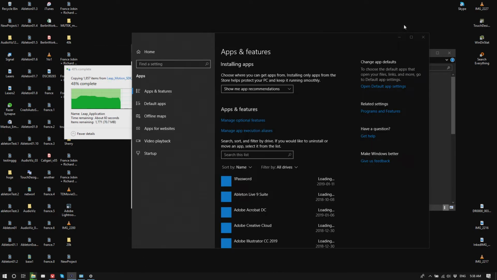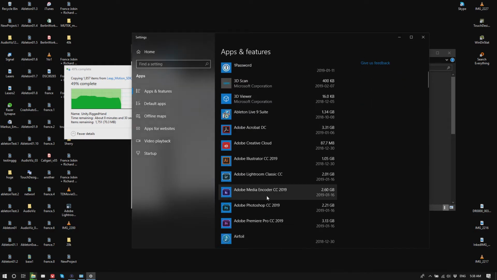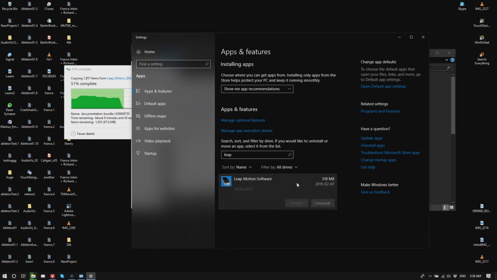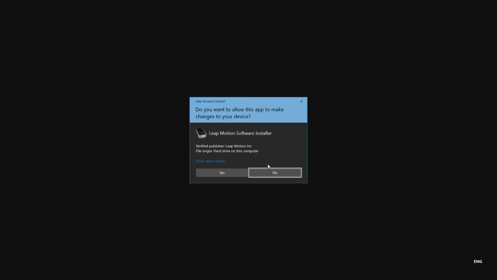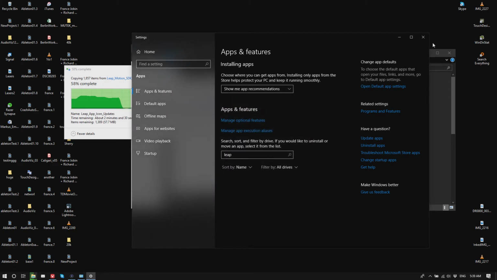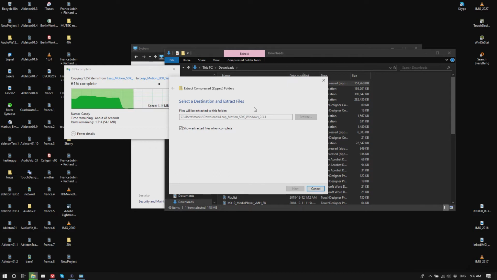The reason for that is that the Leap Motion 4, the Orion or whatever it's called, is in the experimental build, while 2 is in the official.